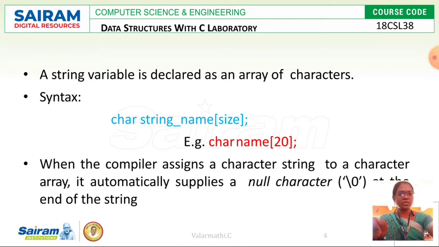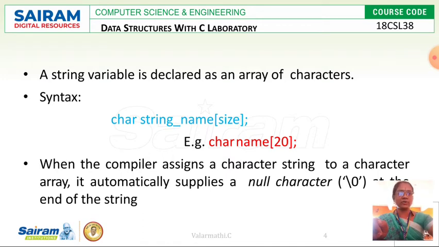It starts with the data type char, because a string is an array of characters. Then string_name is the variable name. In square brackets, the size of that string is given. This is the general syntax.